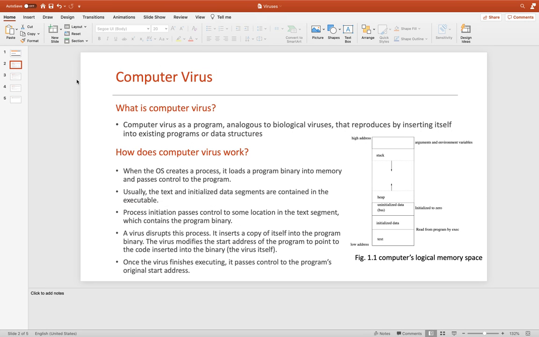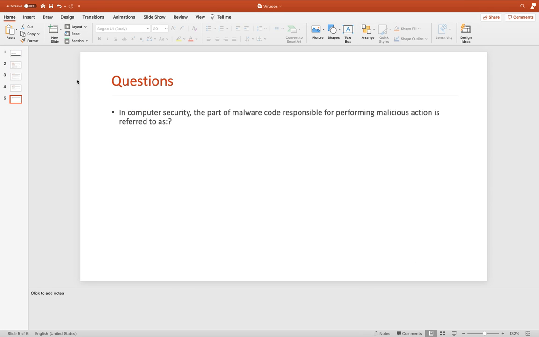We talked about these processes, and the question is: in computer security, the part of a malware code responsible for performing the malicious action is referred to as